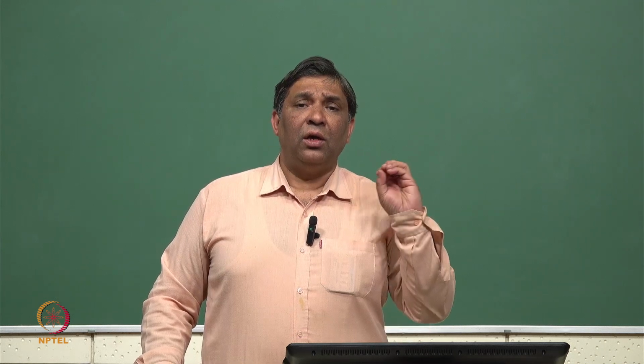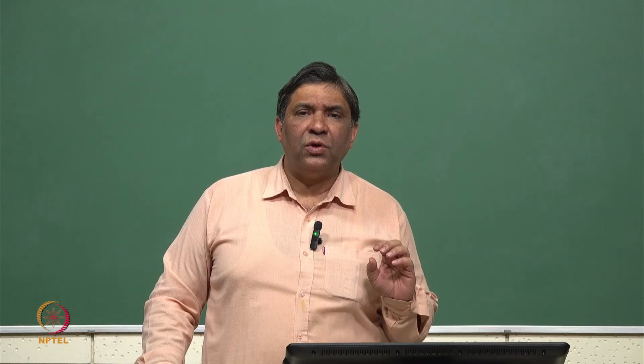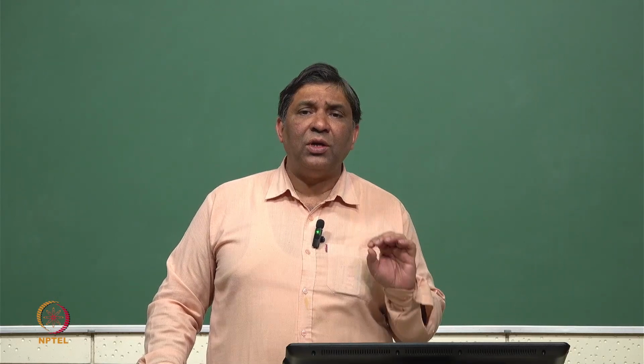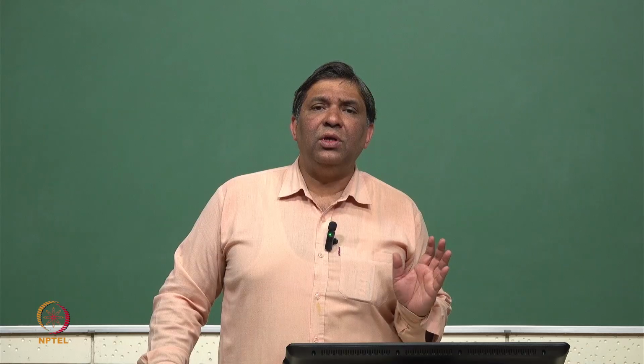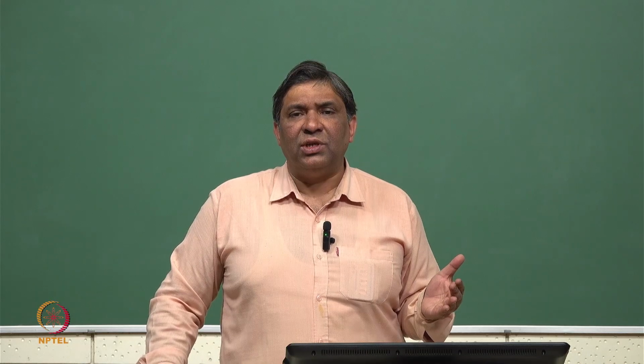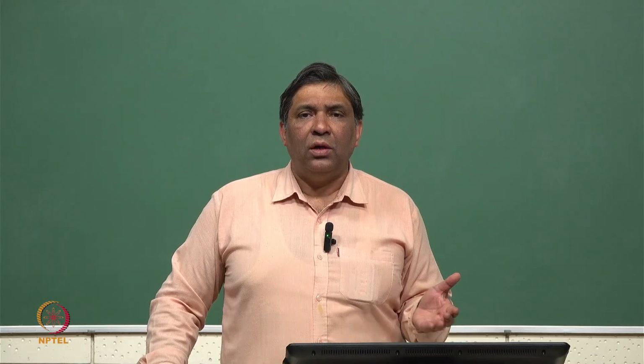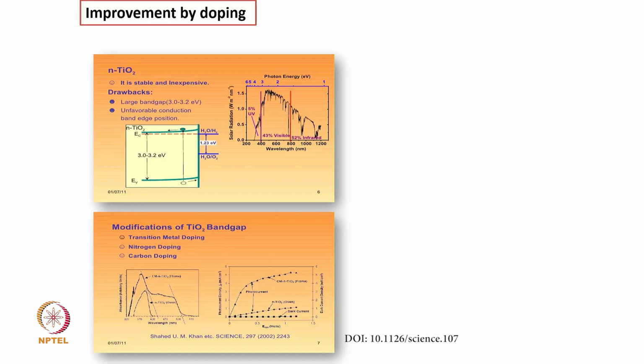Now the important point is that when I use, suppose, an oxide material as a photoelectrode, let us consider again TiO2. This is a very conventional material, people are still using TiO2 today. But as we have seen, when we use TiO2, we do not have very high efficiency, the efficiency is small. The reason is that TiO2 has a large band gap, and band positions are not very favorable. You can see this is the hydrogen evolution reaction, this is the oxygen evolution reaction, and this is a typical band gap of n-type TiO2, with the valence band maxima and the conduction band minima.